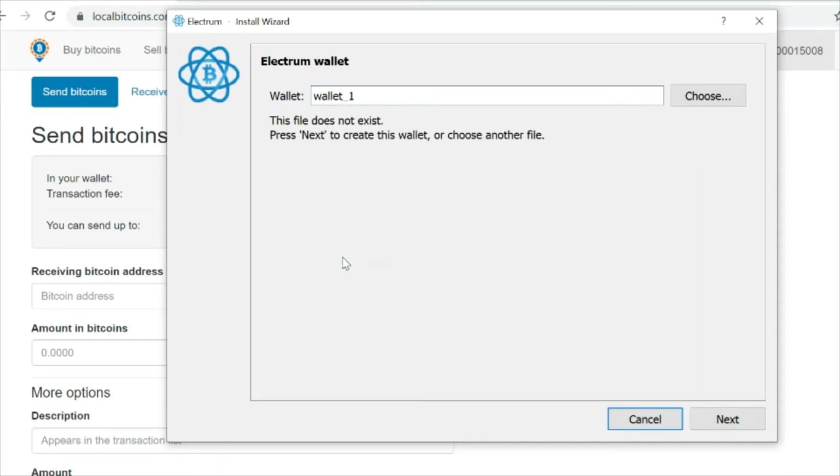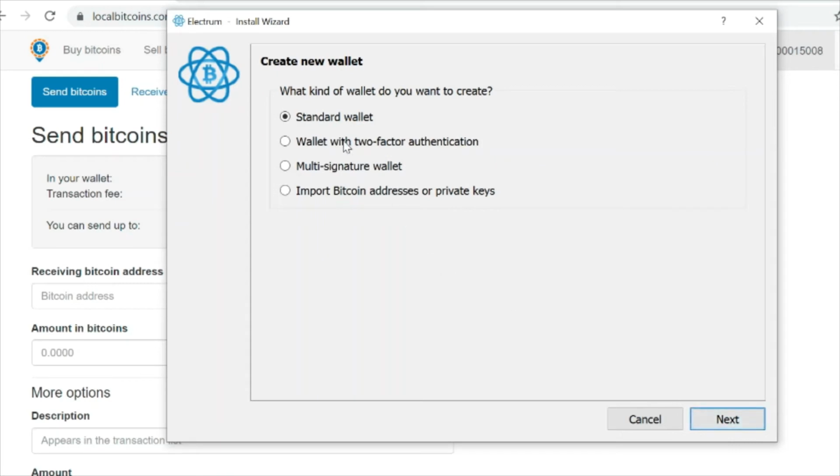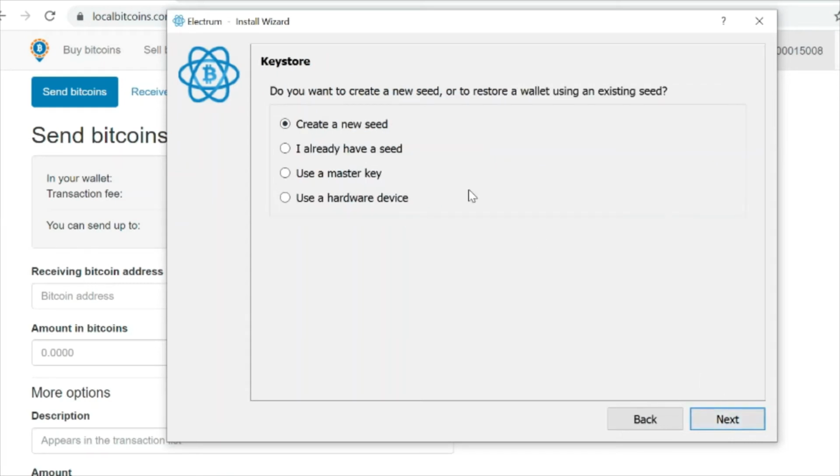So you click create a new wallet, you type a name, and then I click next. You click standard wallet, and you create a seed. If you already have a seed, you just click I already have a seed. But if you want to create a new seed, you click create a new seed,